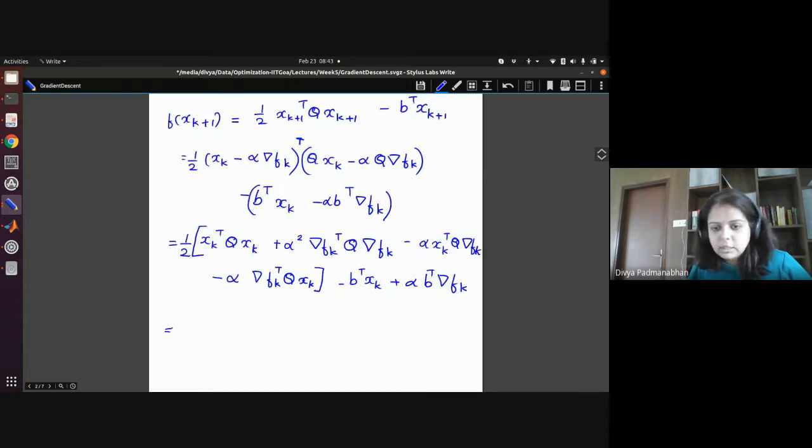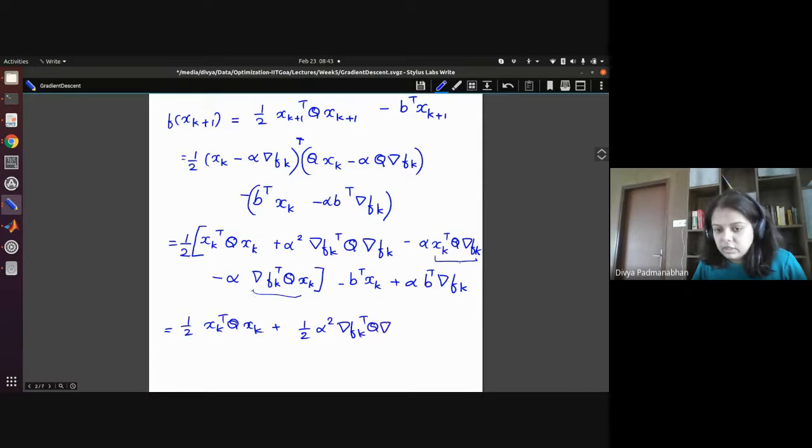Now let's do some more simplifications. One thing is these two terms are actually going to be the same term. This is just going to be a scalar, and if you take the transpose of this, you're going to get this. So it's just a single number, and in terms of transpose, you can represent it either way. So this is just going to be half xk transpose Q xk plus half alpha square grad fk